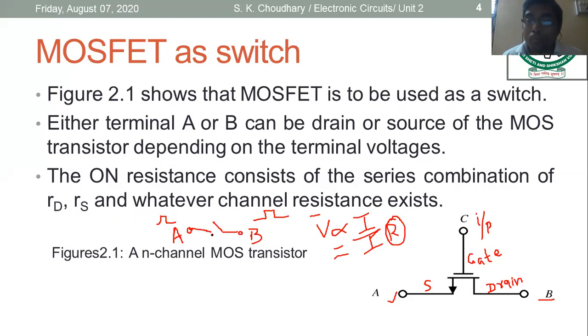So when the switch is open, the resistance offered between the A and B terminals is infinity. Resistance has the property to oppose the flow of electric charge, to oppose the flow of current. If the resistance is larger, or nearly infinite, there is no possibility of flow of charge carriers, so there is no possibility of flow of electric current.